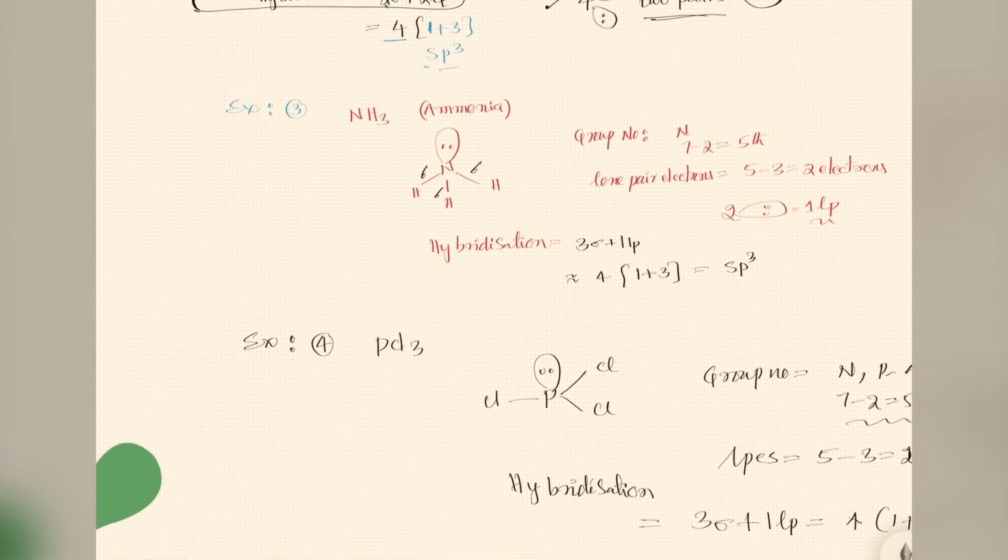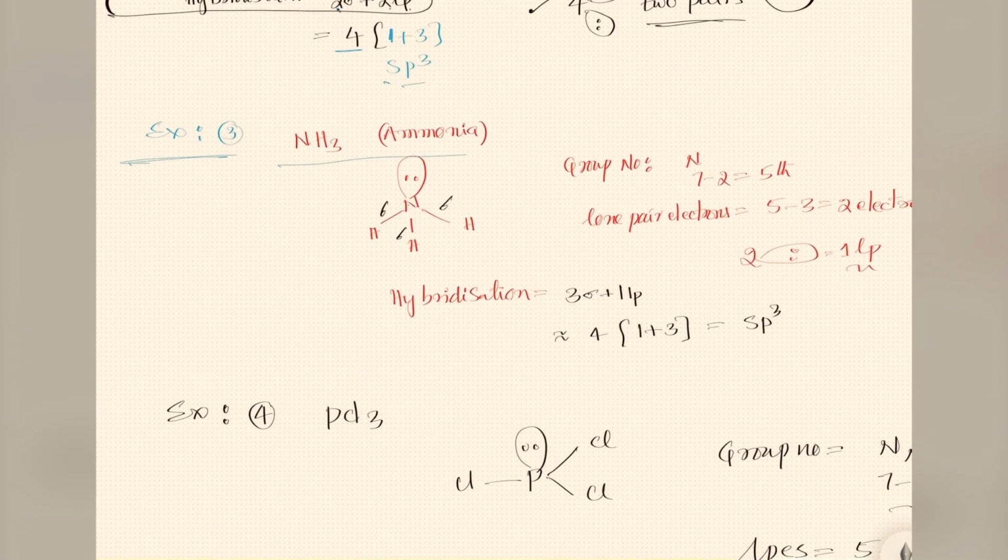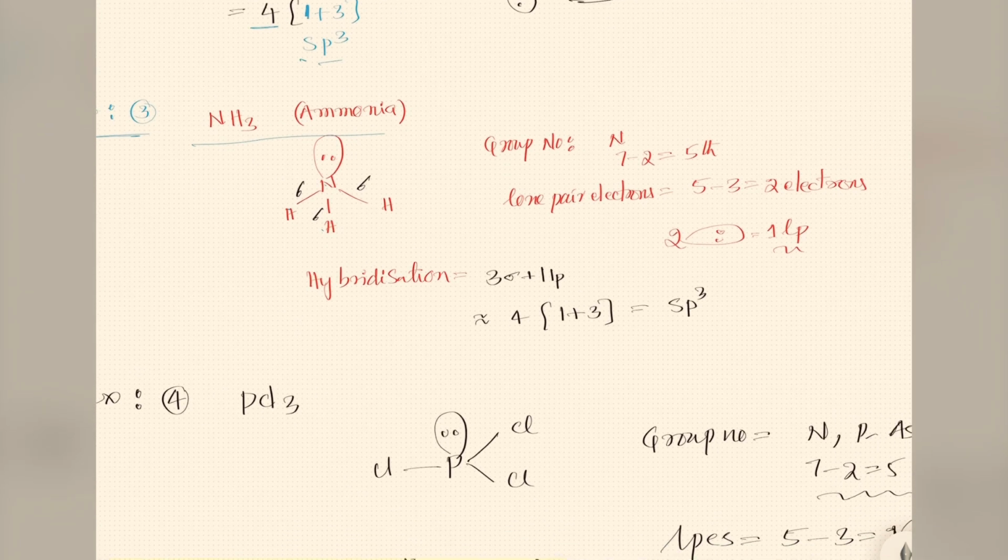Take one more example, ammonia. Ammonia, NH3, so nitrogen, three hydrogens. I will calculate the lone pair of electrons. See, group number: the atomic number of the element is 7, 7 minus 2, fifth group. So lone pairs is equal to group, fifth, minus number of bonds, 1, 2, 3, that is nothing but 3 hydrogens. So totally we have here 2 electrons. Isn't it? Of the 5 electrons, 3 are used in bonding plus 2 electrons, that 2 we can take as one pair.